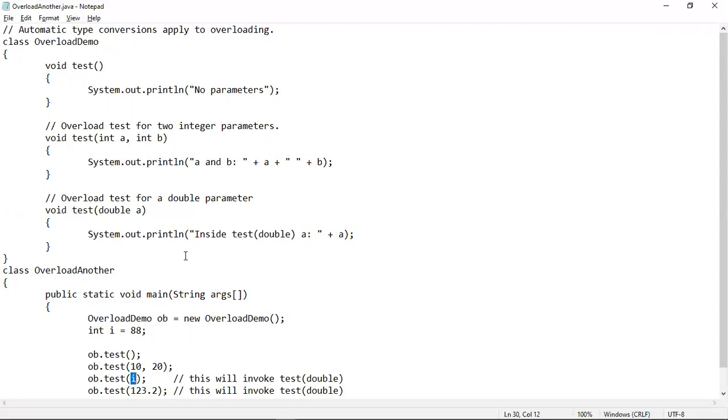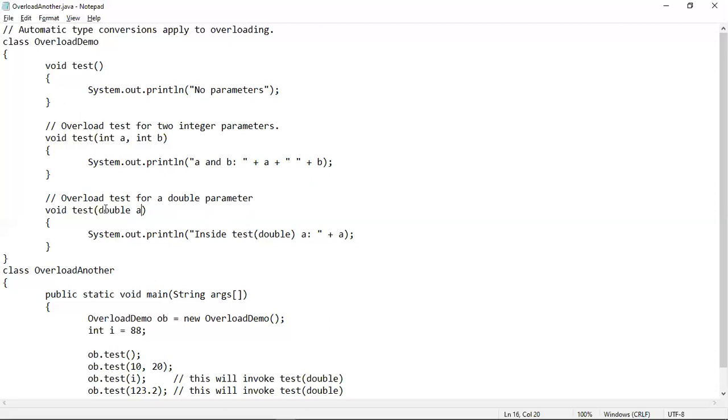Instead, i will be stored into a. That means the value of i, which is 88, will be stored into a. In this kind of scenario, the Java compiler will automatically do type conversion if no match is found and if it finds that there is a place for doing automatic type conversion.